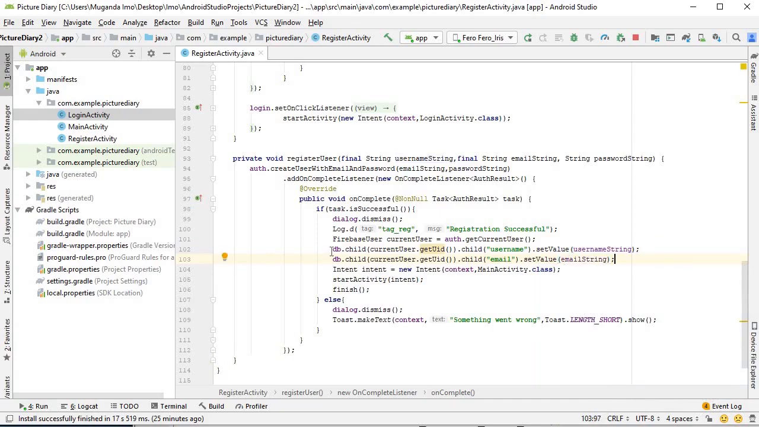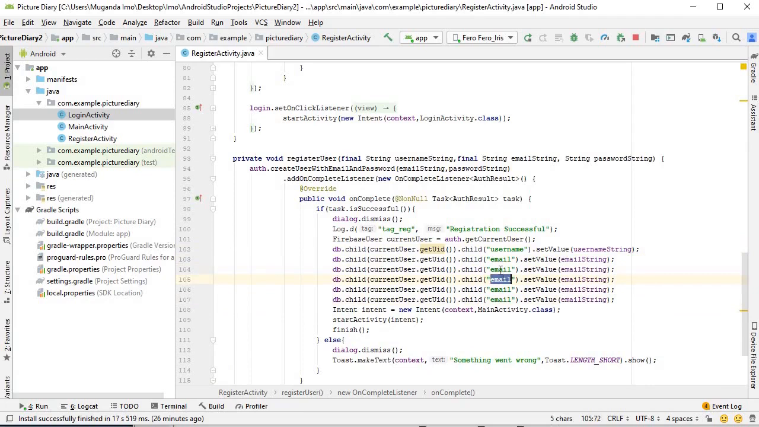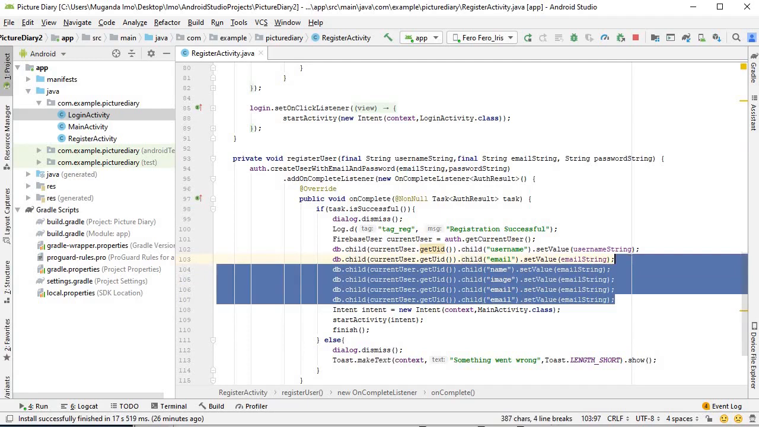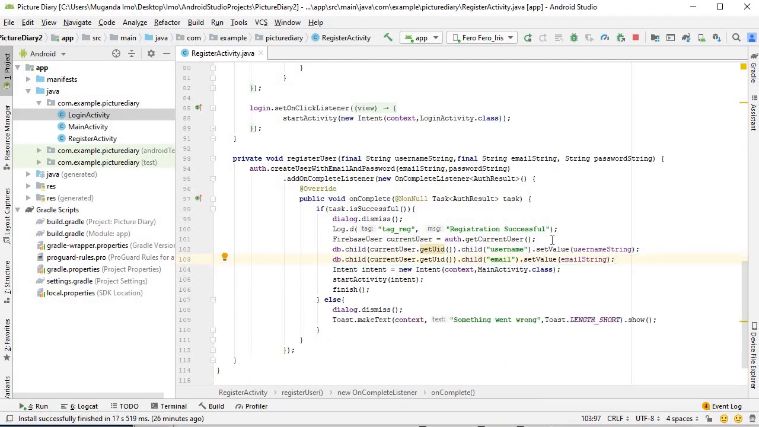Good. Now, just a note though, in programming of any kind, it's always good to keep repetition to a minimum. So for example here, we've repeated this db.child current user.getUID twice. And as I said before, we may have many more. So we may have one for name, another for image, and so on and so forth. So that's not good practice. You should always try to avoid repetition wherever possible. So here's how we can do that. Instead of writing this again, you simply say